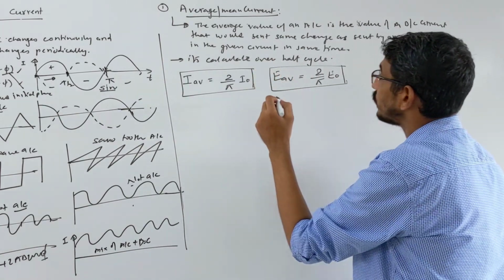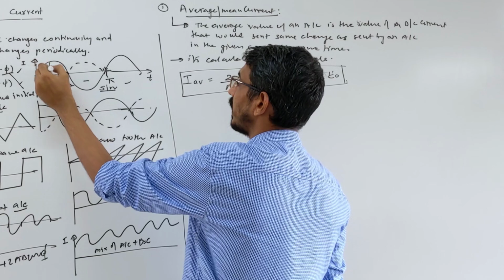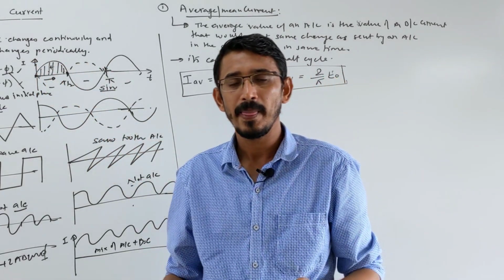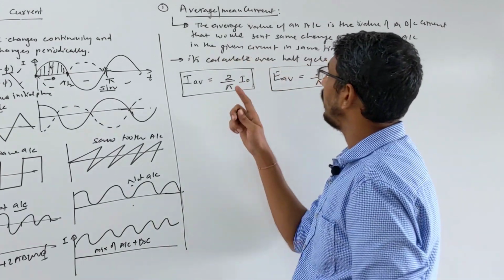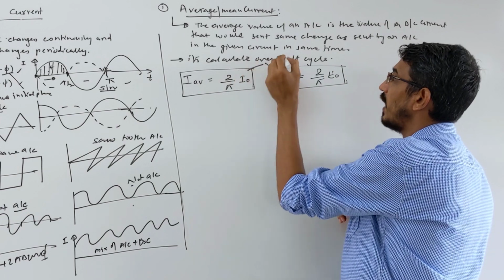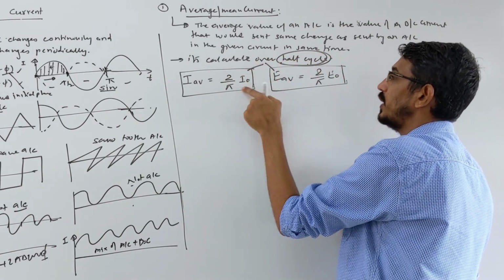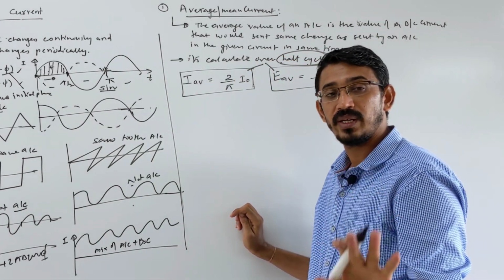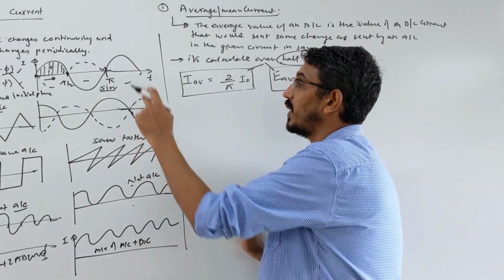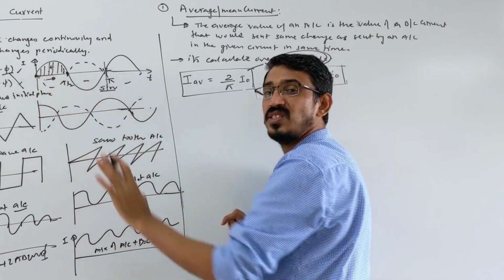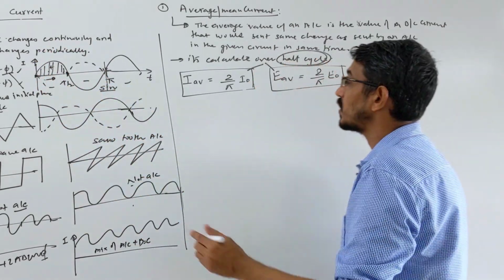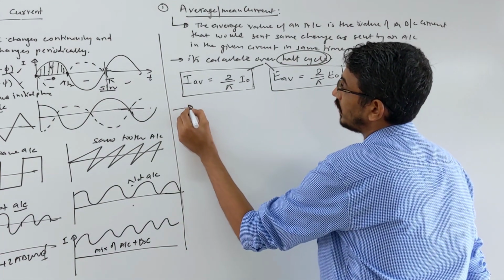This average value we are calculating for a half cycle only. You can take the positive half or the negative half, but just a half cycle. Why? Because if you take the average value over a complete cycle, these two values I'm writing are for a half cycle. Please focus on this. If they ask what is the average value of AC current over a complete cycle, what is the answer? 0. Because this is positive, that's negative, you add them, the answer is 0. This question was asked in our exam also, very very important.